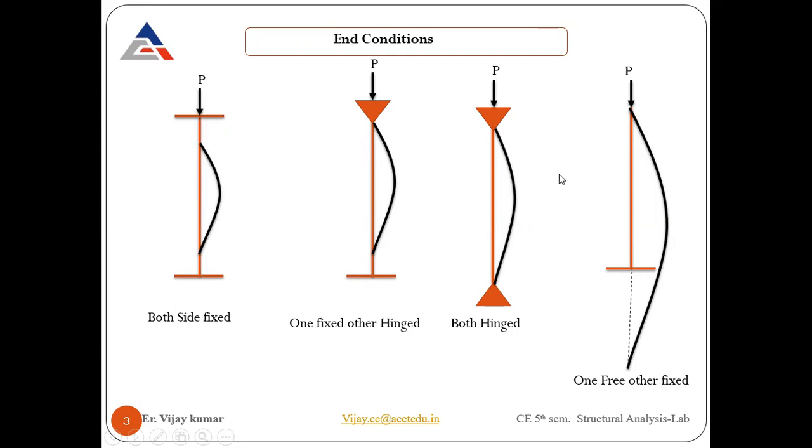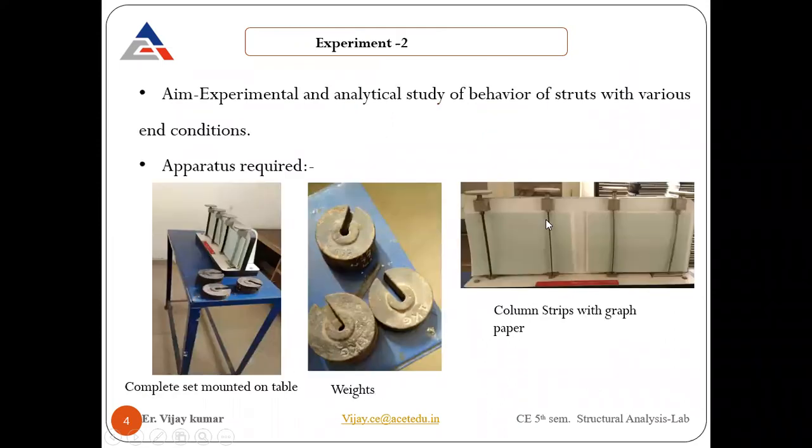This happens only in the case of an elastic structure. If it is not elastic behavior, then this kind of deflection will not be visible in practice, because our structures are basically components of RCC, and they will not show that kind of exaggerated deflected shape. It will be very little or limited. That kind of deflection is not available in a practical way. This is just for understanding.